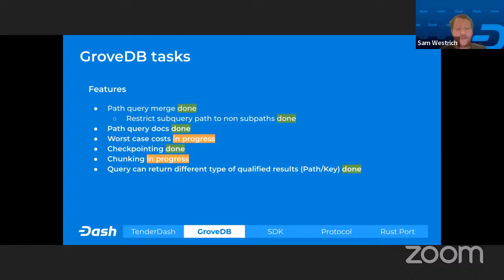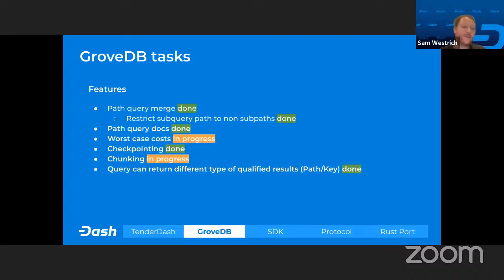He actually created a pull request up to the Rust RocksDB to enable checkpointing, because they hadn't thought about it either. So it was very great. I also want to explain very quickly: Evgeny explained what chunking does and what checkpointing does, but he didn't really explain why we're doing this.